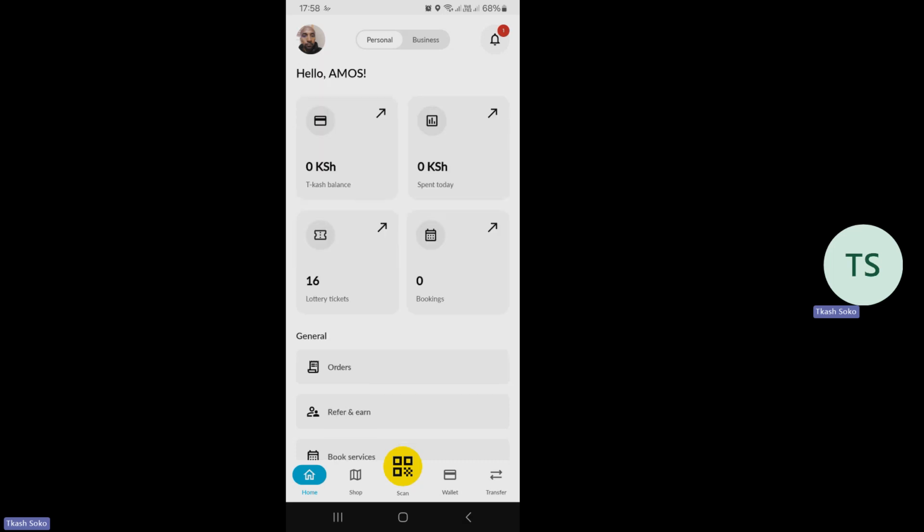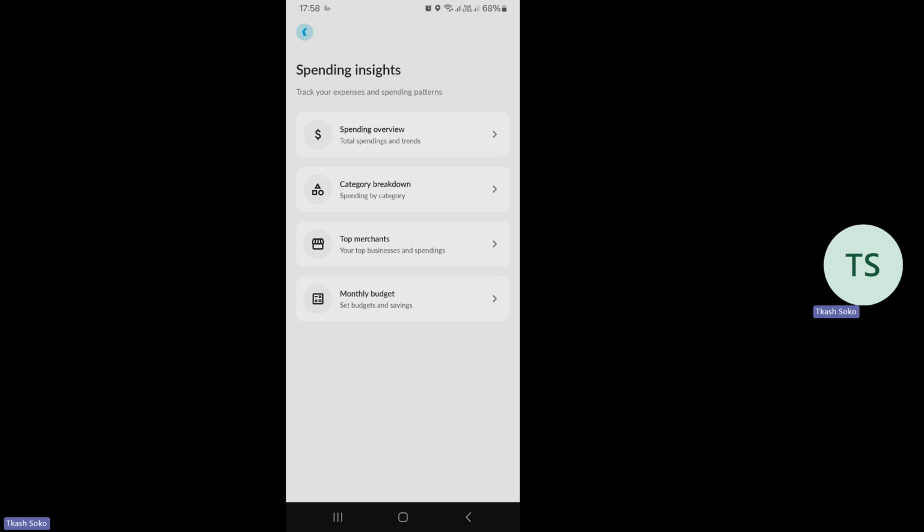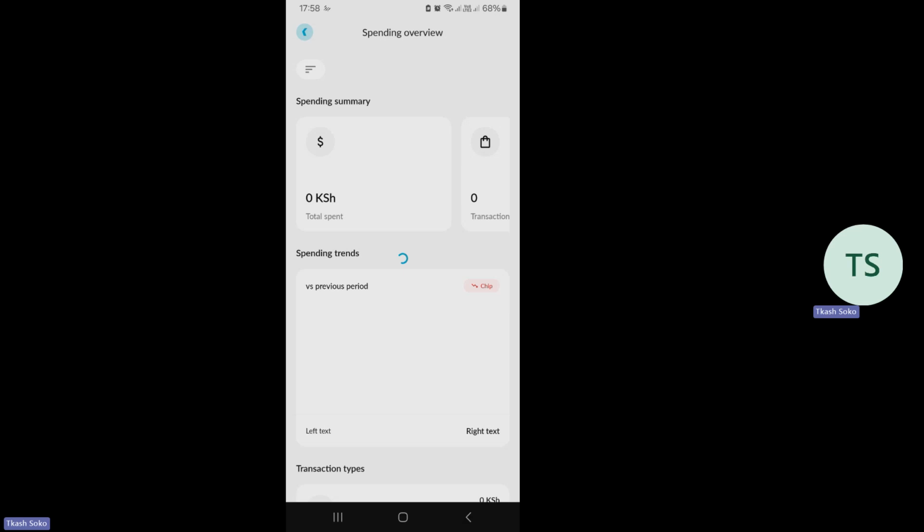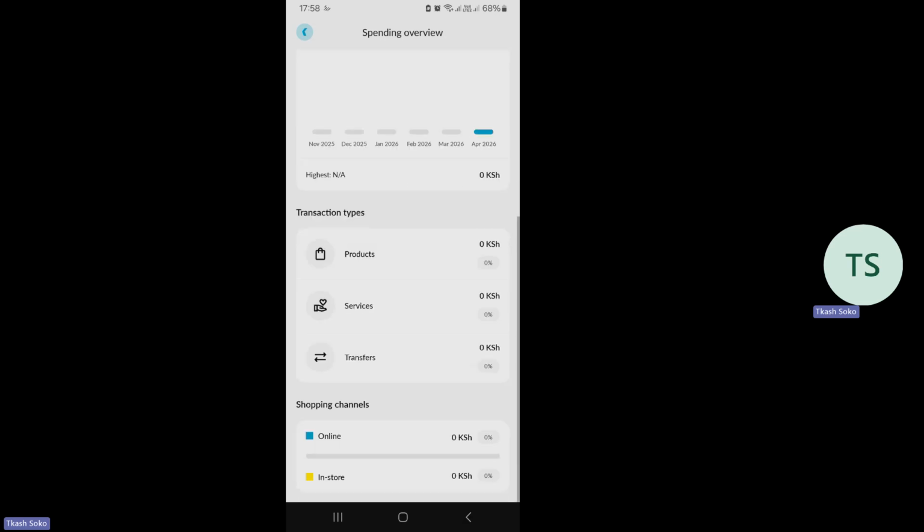When you touch the amount spent today, of course, inanionyesha my spending insights. So this is what I want you to understand. The app gets to learn about a customer's spending habit and spending insights, so the customer can be able to track the spending patterns. And of course, akiguza, for example, the spending patterns, atakuwa naona the spending summary for the month, the products amenunua sana, the services, the kind of transfers amefanya, the kind of shopping amefanya, whether online or in store.